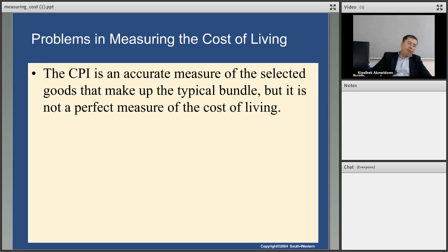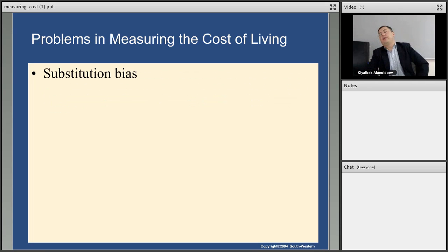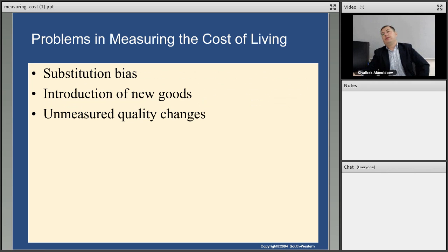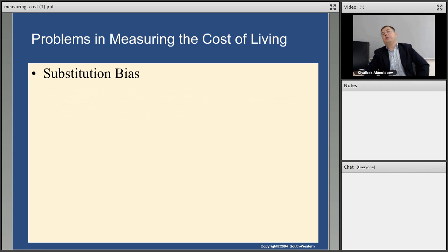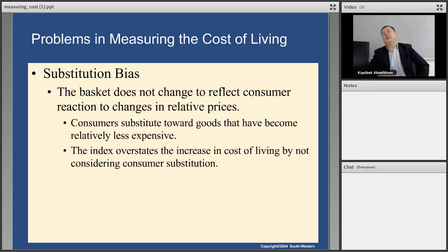So problems in measuring the cost of living. CPI is an accurate measure of the selected goods that make up a typical bundle, but it is not a perfect measure of the cost of living. Why? Because of substitution bias, the introduction of new goods, and unmeasured quality change. So what is substitution bias? The basket does not change to reflect consumer reaction to changes in relative prices. So consumers substitute toward goods that have become relatively less expensive. The index overstates an increase in cost of living by not considering the